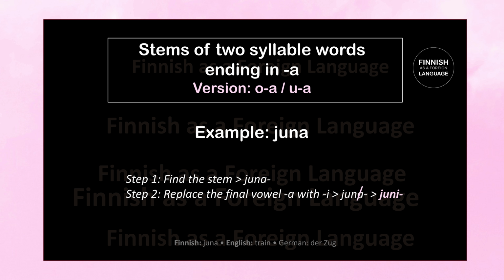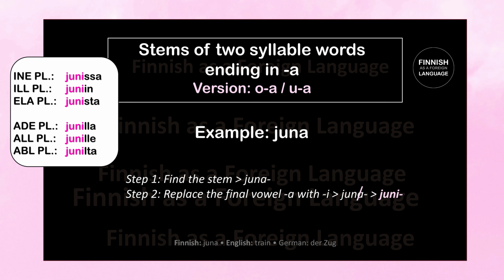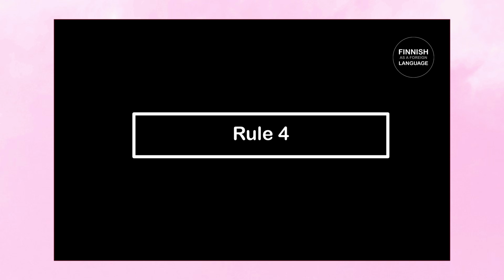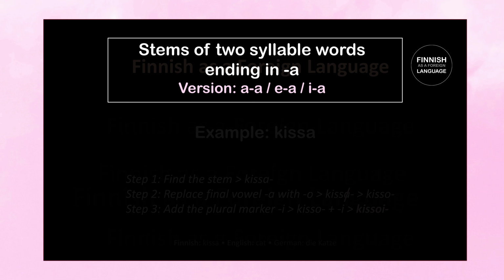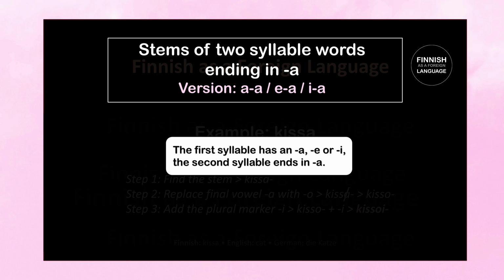Now we can add the case endings to it. So the inessive plural is Junissa, elative plural Junin, elative plural Junista, adjective plural Junilla, allative plural is Junille, and ablative plural is Junilta. Alright, next one, rule number 4. Stems of 2-syllable words ending in A. So this time the first syllable contains either an A, E, or an I, and the second syllable ends again